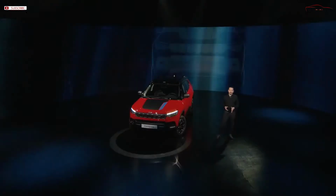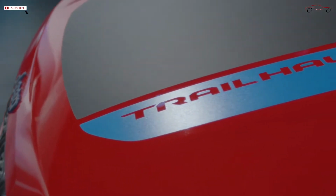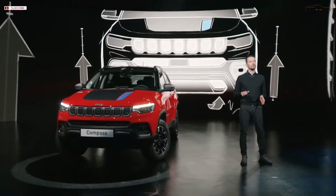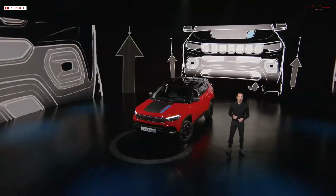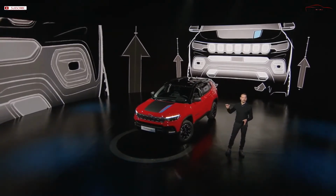The functionality of the Trailhawk version is also emphasized on the exterior. We have a new bumper, a new grille, a new skid plate with an improved approach angle. The bumper is higher to protect the vehicle from small bumps, stones and protruding obstacles. For the same reason, the radar has been moved from the lower air intake to the central slot, where it